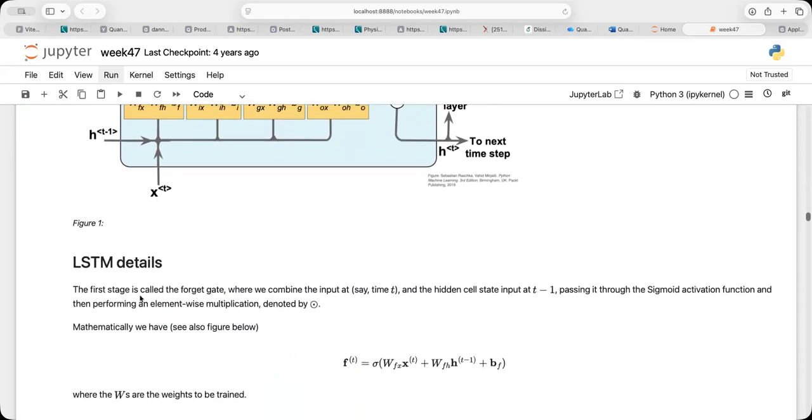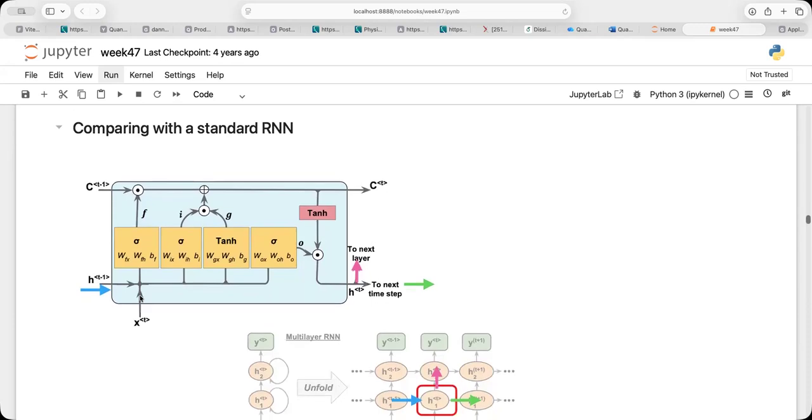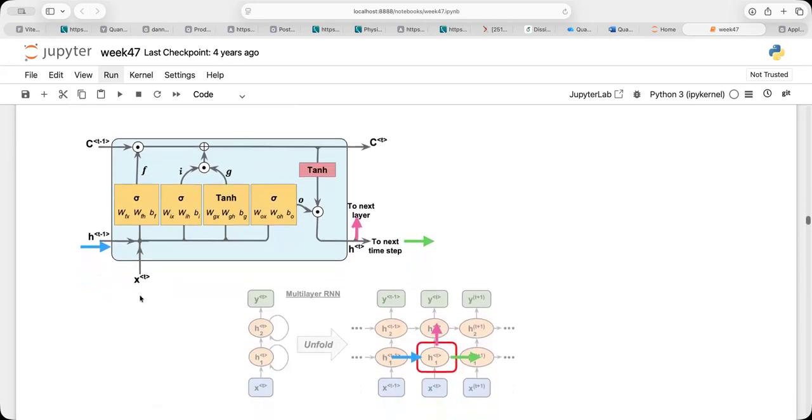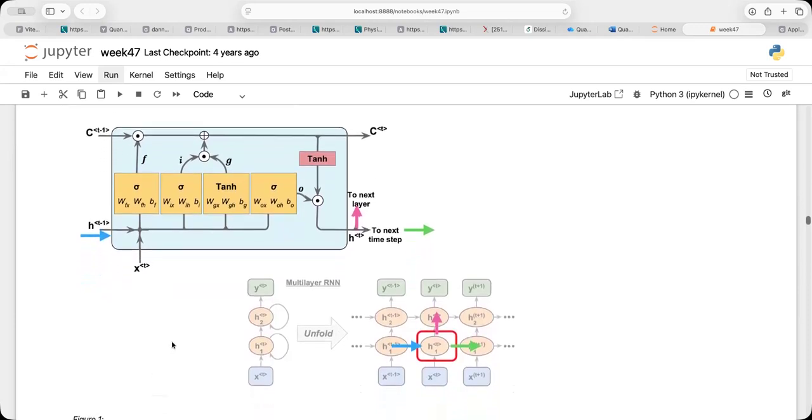So if you think of the comparison with a standard RNN, what we have there is simply a correlation between the previous recurrent unit and a new one, which then feeds into the next one, but there is no screening of long-term memory.